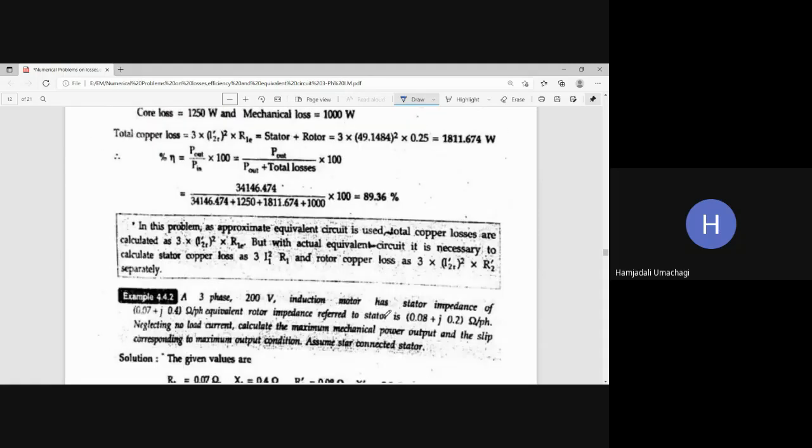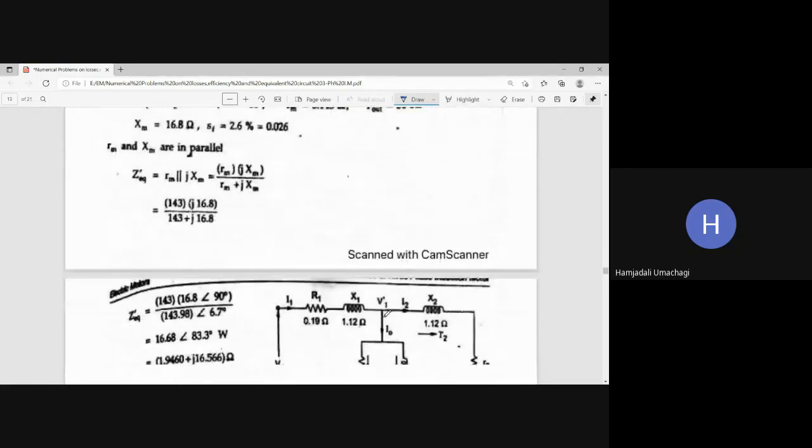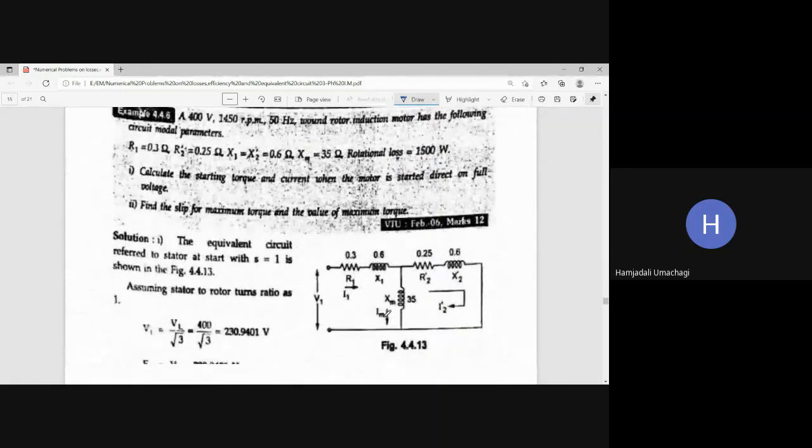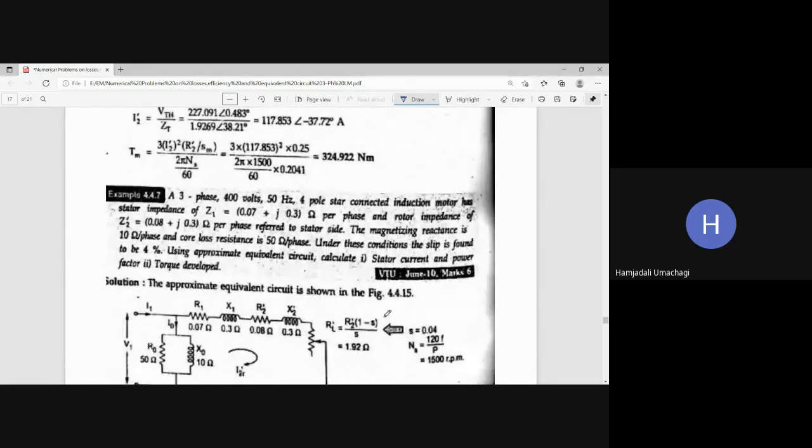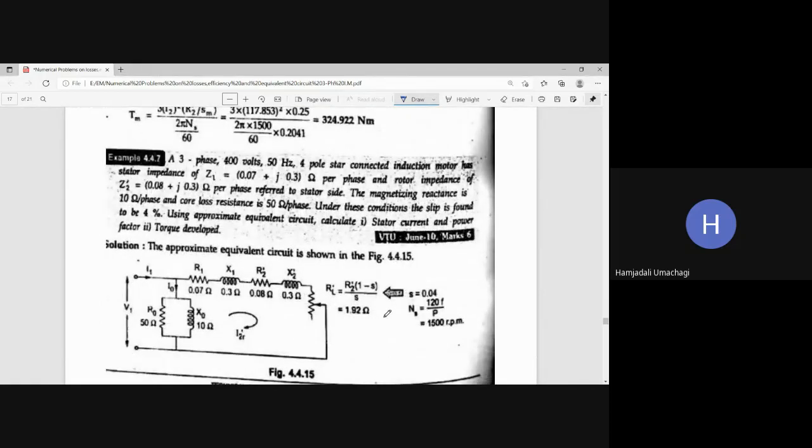Now similarly there are so many other problems based on the equivalent circuit diagram. You can solve them. Then we'll solve one more problem based on the equivalent circuit of three-phase induction motor. Okay, now all these are the different types of problems based on equivalent circuit. Now we'll solve one more problem, and here moreover we are going to make use of the mathematical operation, that is conversion of the information from polar to rectangular, likewise. So that we should be familiar. Okay, now we will see the next problem. The next problem, once again, is based on equivalent circuit of three-phase induction motor.